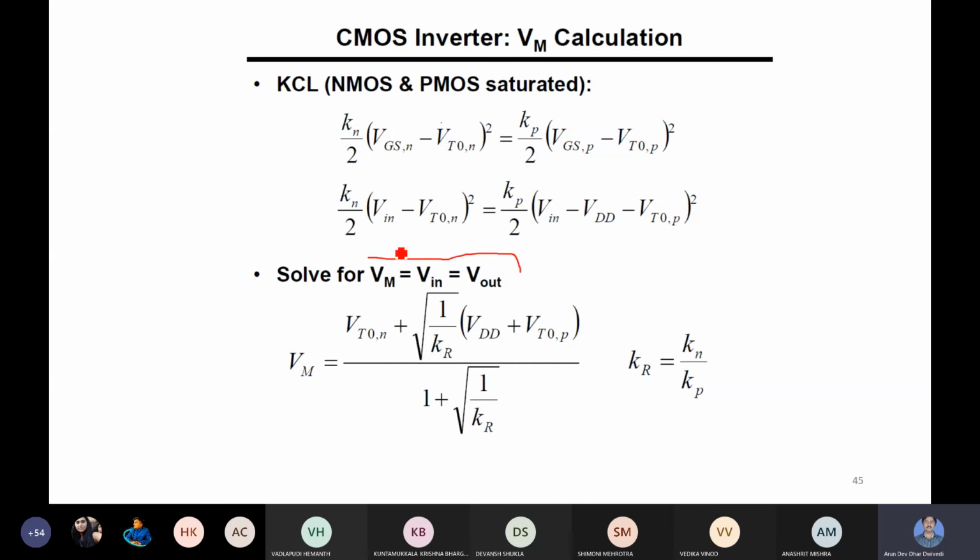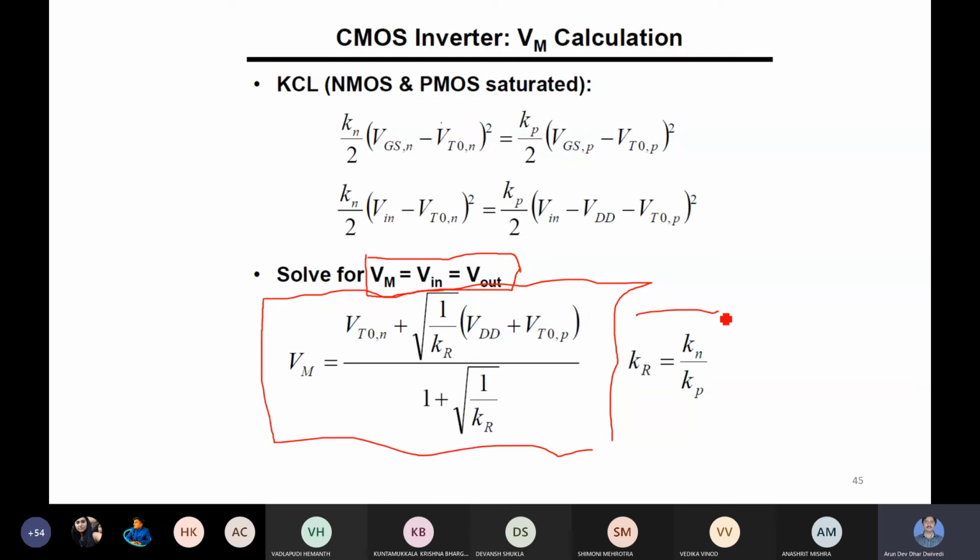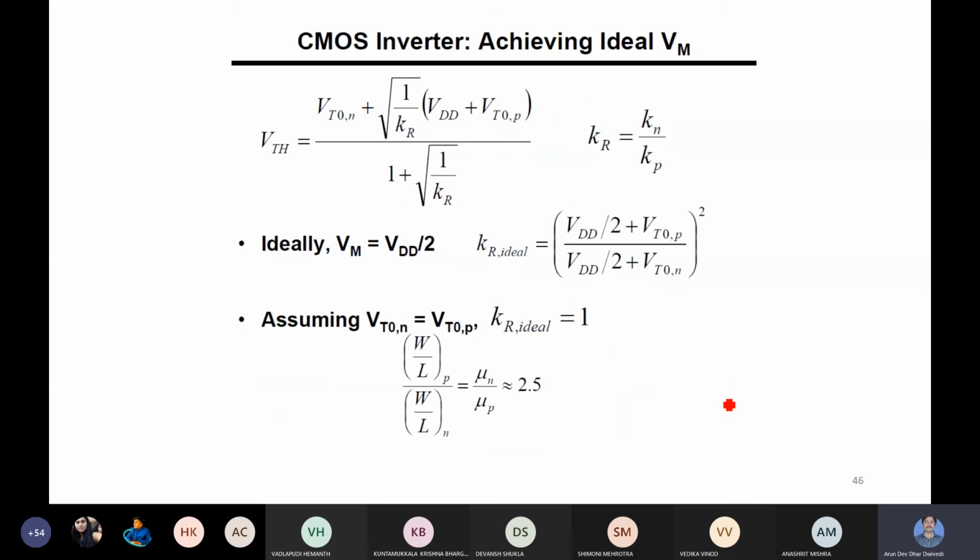So at the line, as we have already defined, when V in equals V out, wherever it cuts the plot, that is called VM. By putting this condition you can solve it, and you get this VM. In solving the problem, VM will be required, and the Kn and Kr ratio is required, which is also given. Anyway, mathematical derivation will not be asked, only the application. So in this CAT one, no derivation, but understanding and application is required.